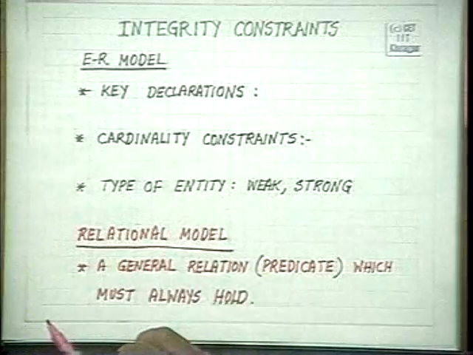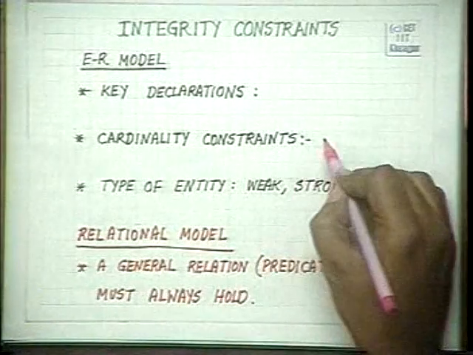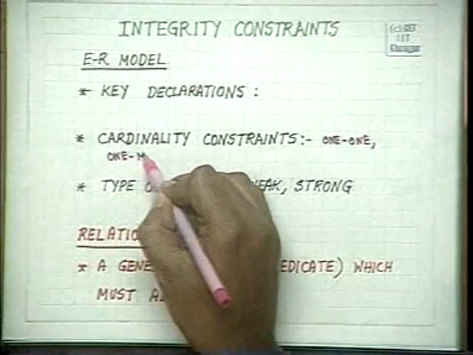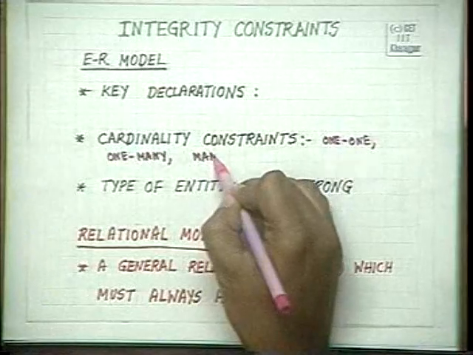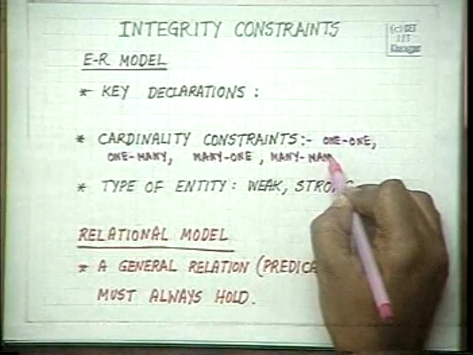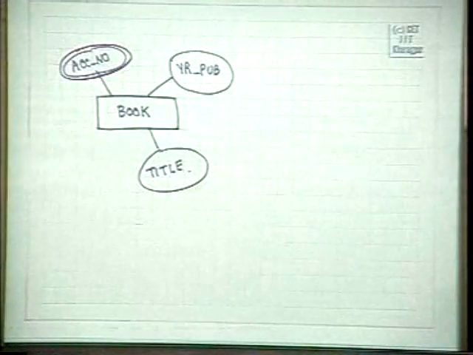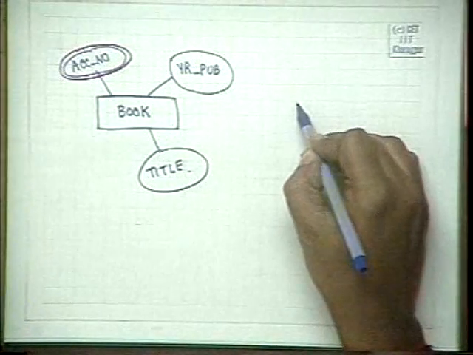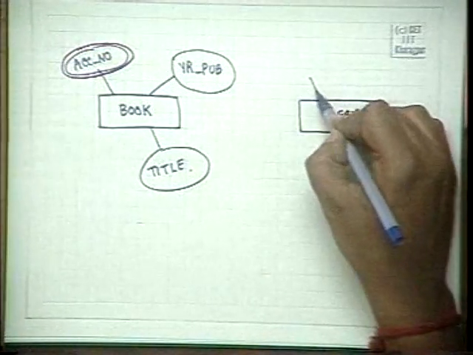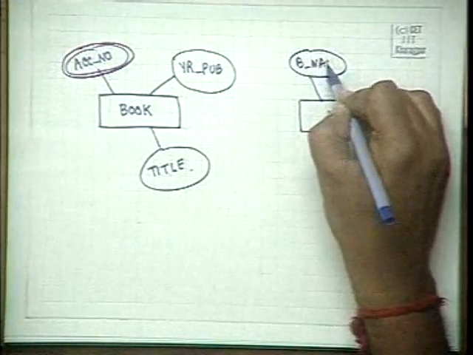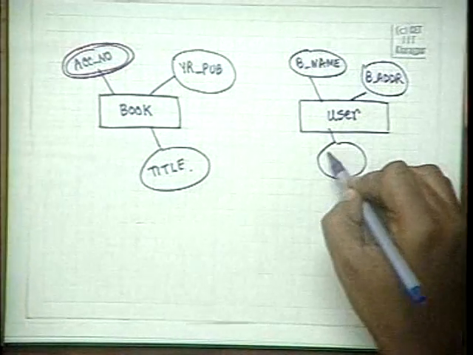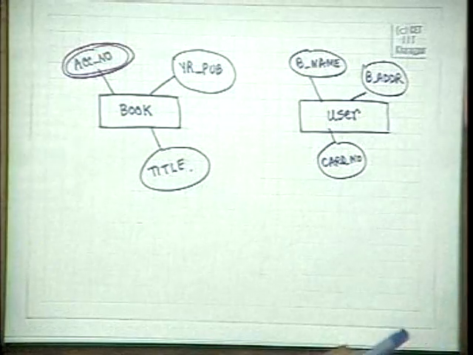The second interesting constraint which we saw was the cardinality constraint. We saw that a relation may be 1-1, a relation may be 1-many, a relation may be many-1, and a relation may be many-many. For example, in our database, we had the book, the user, which had the attributes borrower name, borrower address, and card number,